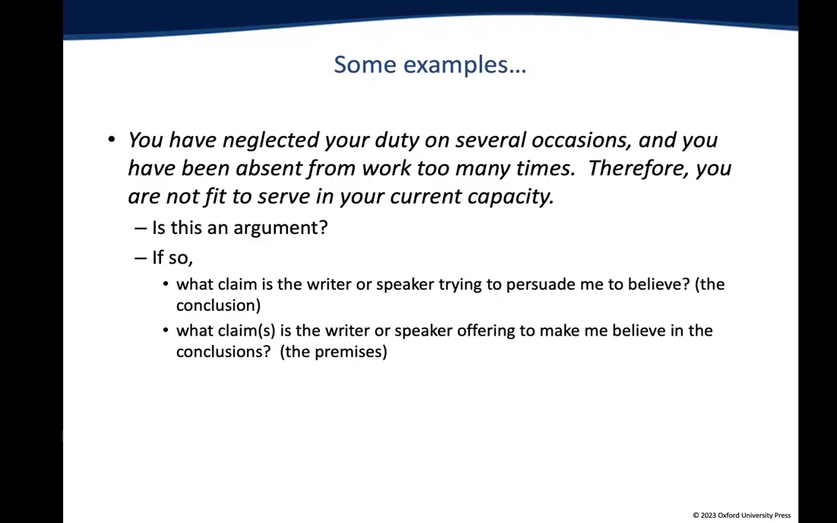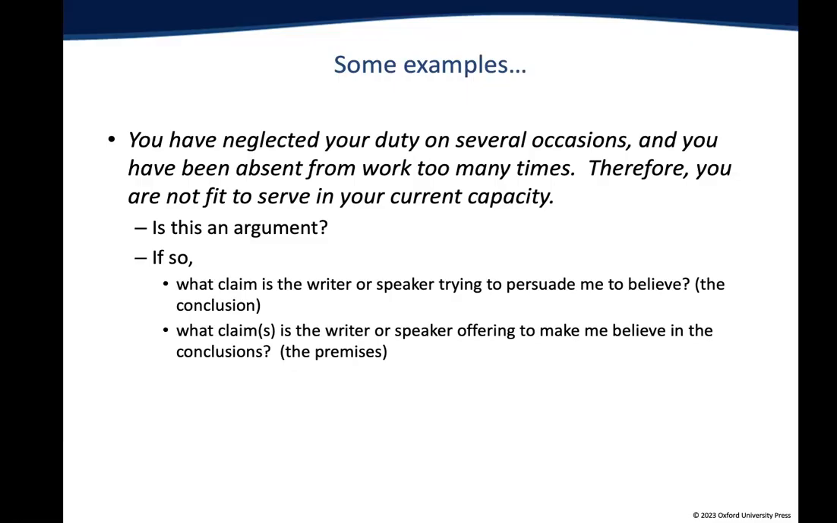Okay, so this example actually is an argument because it is trying to persuade us of something, and it gives us some reasons for what it's trying to persuade us of. So we know that it's an argument. So now we need to identify what is the conclusion and then what are the premises. So we need to ask to begin with, what claim is the writer or speaker trying to persuade me to believe? So in this case, that writer is trying to persuade you that you're not fit to serve in your